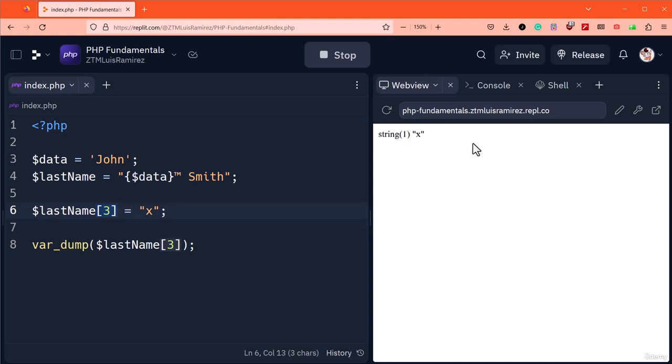There's one thing worth highlighting. We're updating the character before running the function. The order of our code does matter. PHP executes code from top to bottom. If we updated the character after calling the variable dump function, the function would output the original value of the string. Not taking the time to arrange your code can result in unexpected behavior. I think it's time for an exercise. In the next lecture, let's tackle an exercise to reinforce what we've learned about data types.